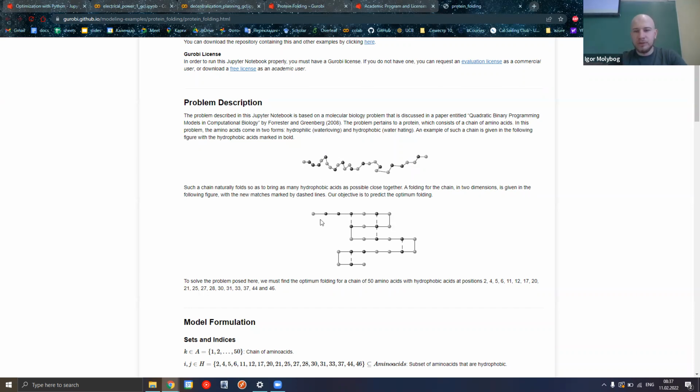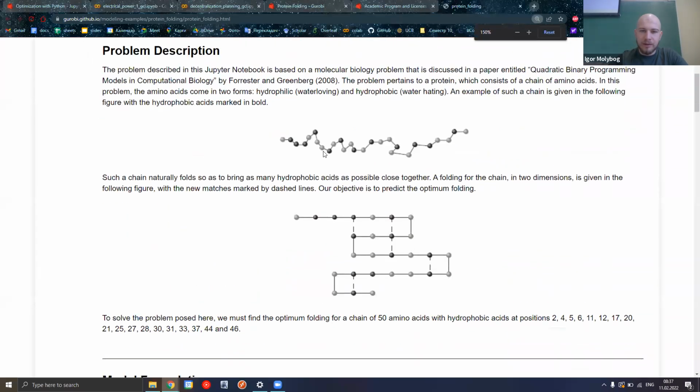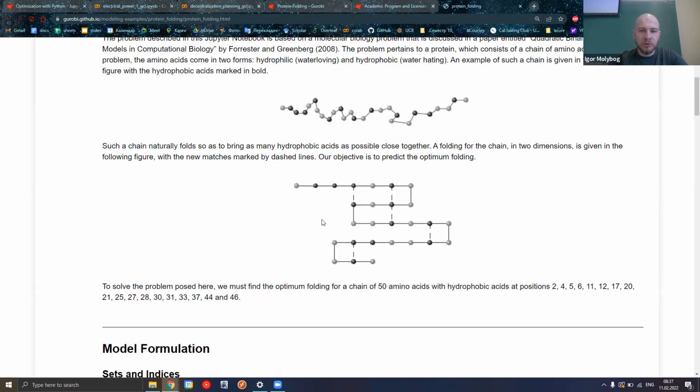You can see it on the picture down here, that having a protein of this linear structure, where the black dots represent the hydrophobic acids and the gray dots represent the hydrophilic acids, we would need to